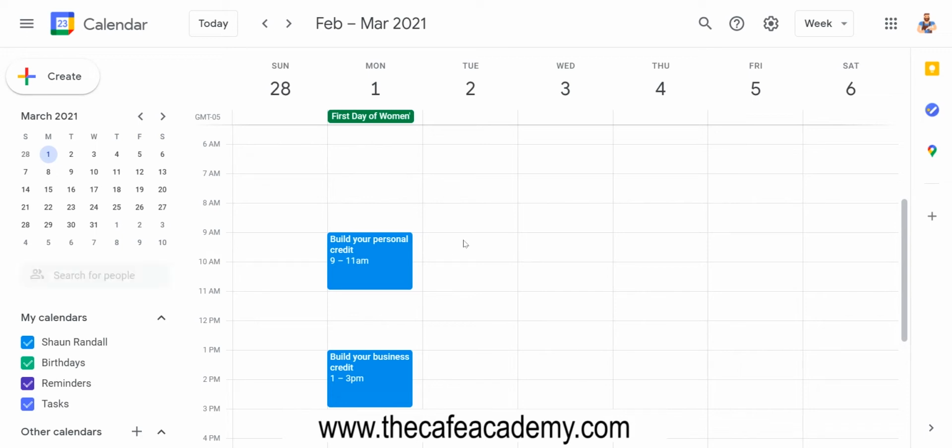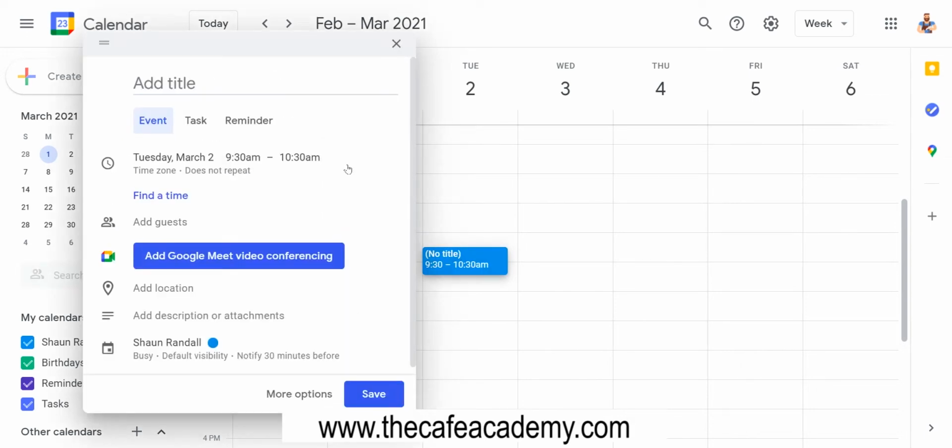So 9 a.m., what you should do is create a business account. Alrighty, so create a business account. Now, how long should that take you? Let's just put 2 hours, just so that you can have that time to learn everything you need to learn about it. Because applying for a business account doesn't take a long process, but you want to know all your options. You want to maximize your time to know everything you should know about it and proceed creating your business account.